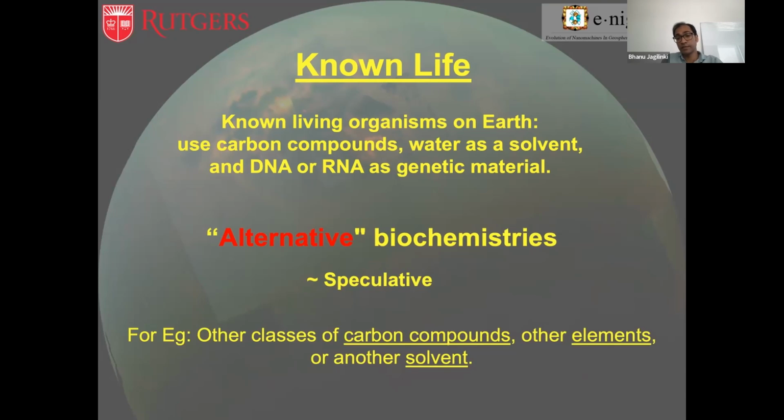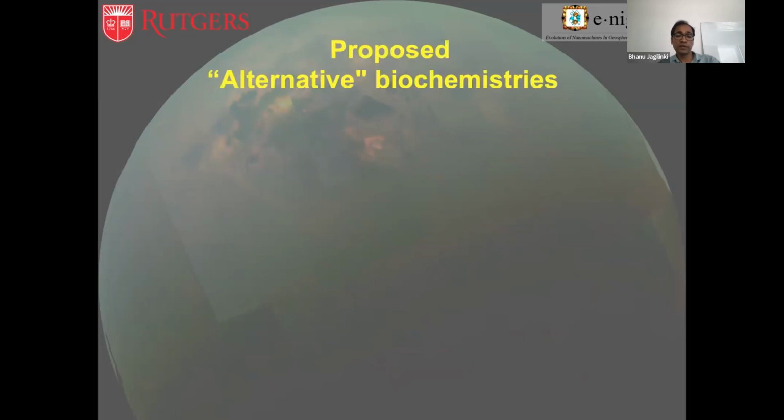For example, I would propose selenium, and it could be a completely different solvent other than water. Among the alternative biochemistries proposed over the past few decades, the most convincing and logically possible would, in my opinion, definitely be alternative chirality. So just imagine a world just like Earth, with the same CHNO, carbon, nitrogen, oxygen,